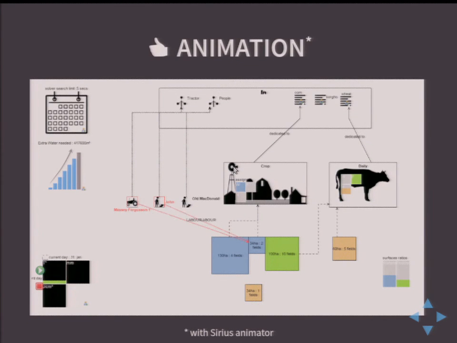And the next part is actually when you install the Sirius Animator framework with Sirius, which is one of the outcomes of the GEMOC project. So you can also define a mission and run the model, execute it, and see the result. Here, the animation is just moving from day to day in the calendar and saying, okay, we're using John and the tractors on this field on this day to do this activity.